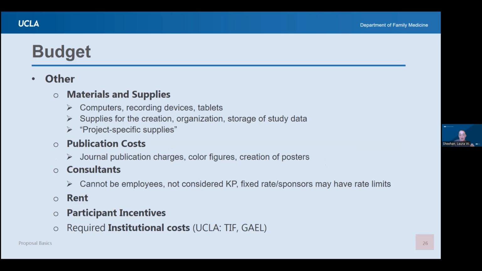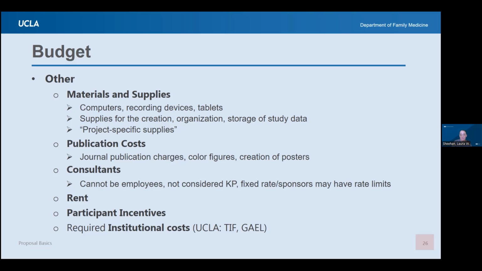Other sections, materials and supplies. This is where your computer is going to go. I often recommend adding a section called project specific supplies. This is going to be your catch-all. It doesn't have to be a lot of money, but if you don't have anything in your budget for project specific supplies and you end up needing to buy something small, often your institution won't let you use the grant funding because you didn't say anything about that in your budget. But if you have this section here, most things fall under that title. And you can keep the definition vague. Again, if it's less than $1,000, you don't need to get super duper specific.